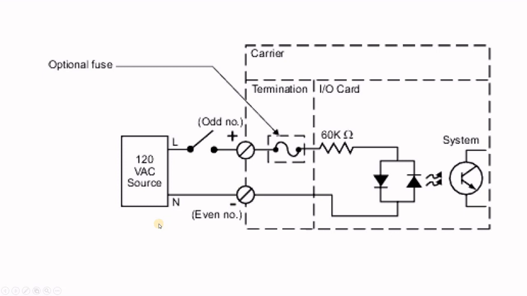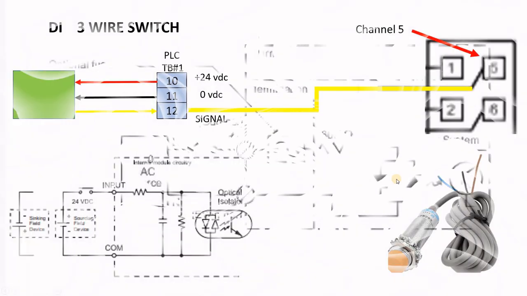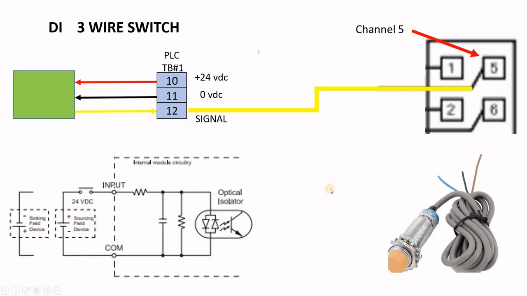This is an AC for Delta V, and you can see here that they have it plus and minus. That means this is a live, this is a neutral, but you can see internally they have two LEDs for your optical isolation. Now let's move to the 3-wire switches, and you can see this is my proximity switch,